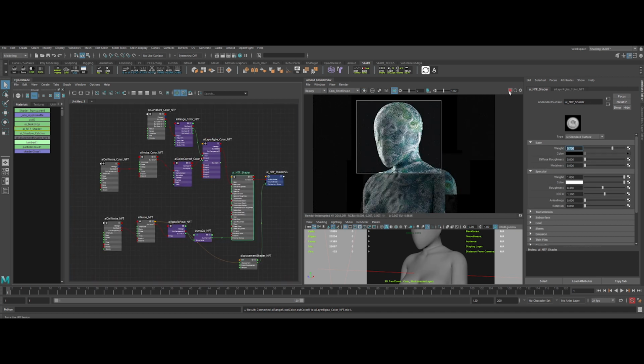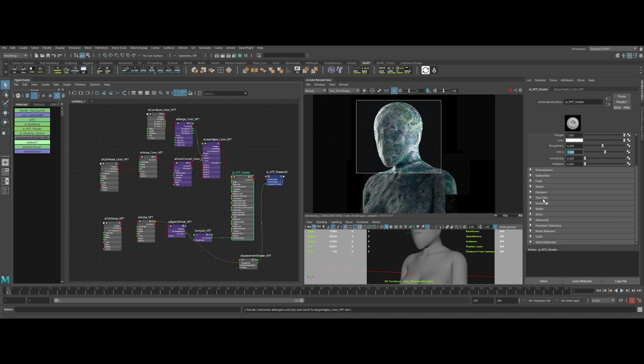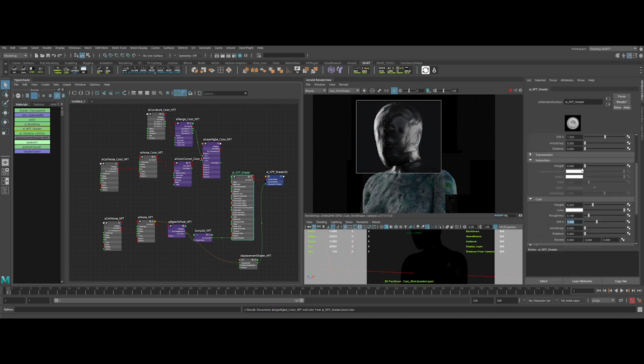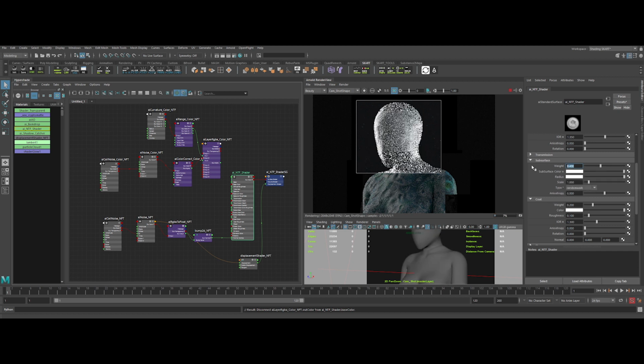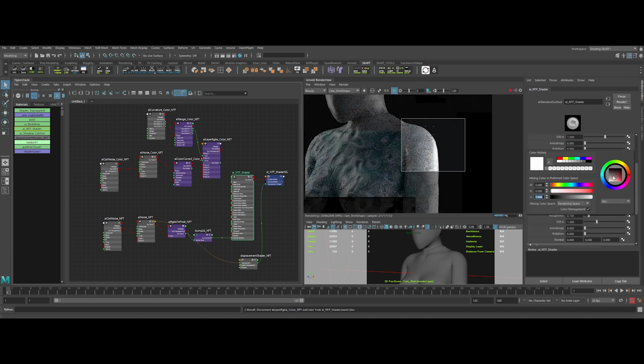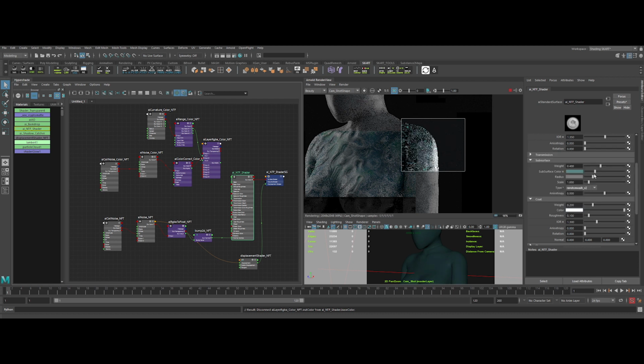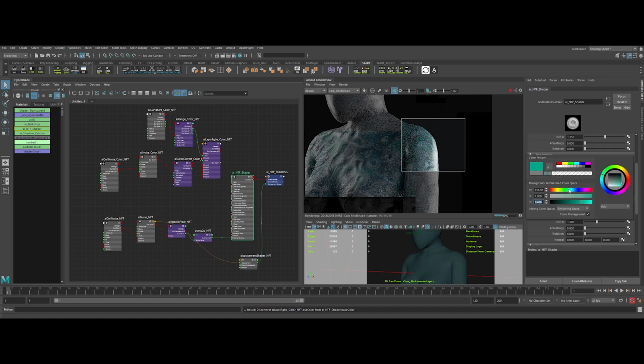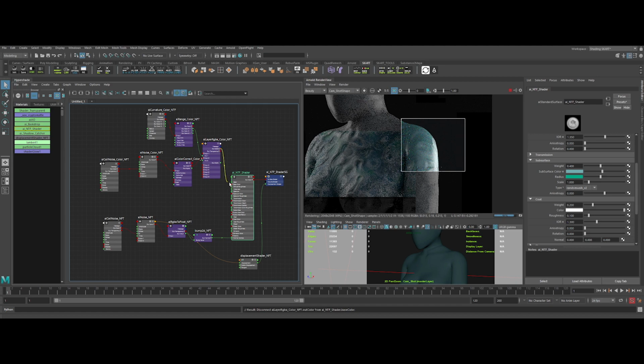We can lower a bit the weight of the color. Change the specular IOR to 1.55. Let's introduce and tweak the coat layer. And finally, let's add subsurface scattering. Let's put the weight to 0.4, radius to 0.2, and change the type to random walk V2. Let's add some color to the subsurface color, and the same to the radius. And finally, let's replug the base color.